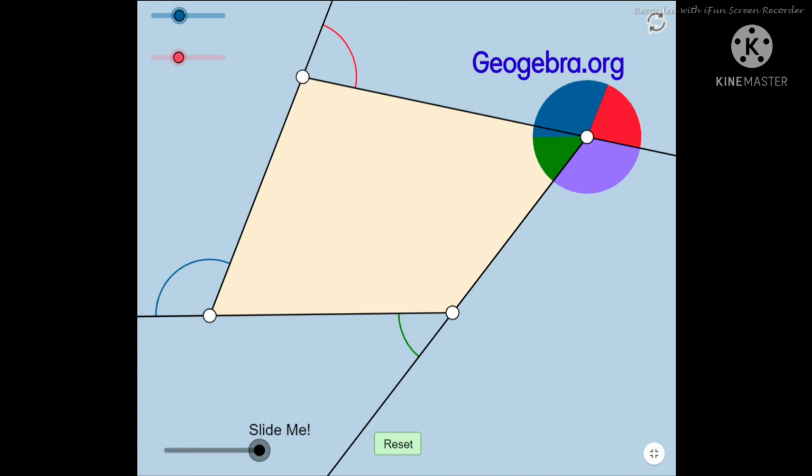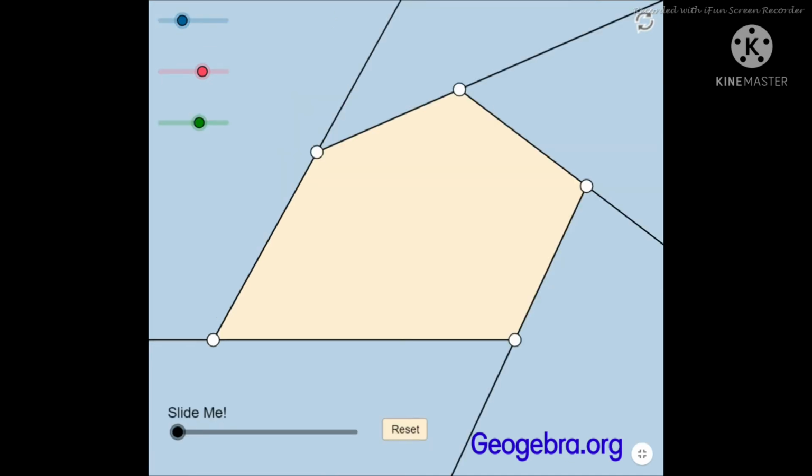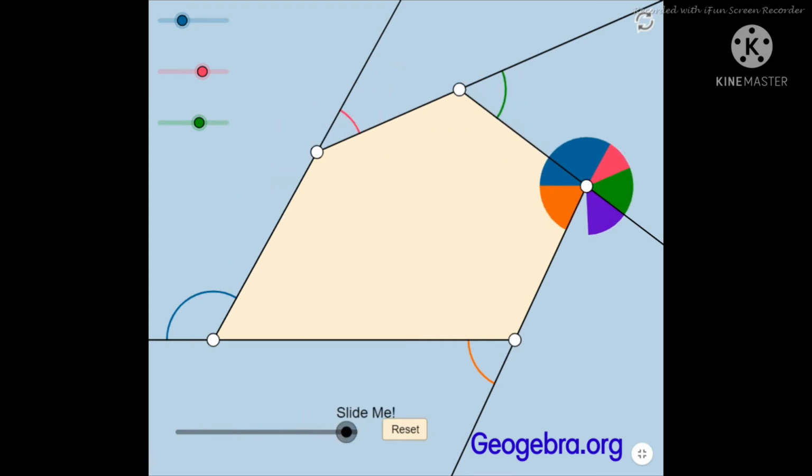to 360 degrees. Here we have considered a pentagon. As you can see this, earlier also we have seen in a pentagon. So start with the first angle, angle 1, 2, 3, 4 and 5. When we have added all the 5 exterior angles, it sums up to 360 degrees. As you can see, we get an angle around a point. So angle around a point is always equal to 360 degrees.